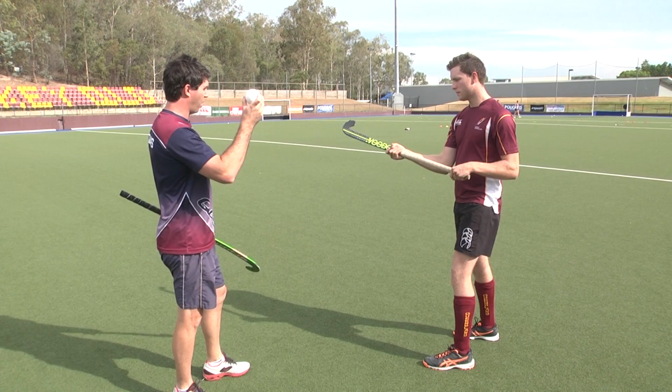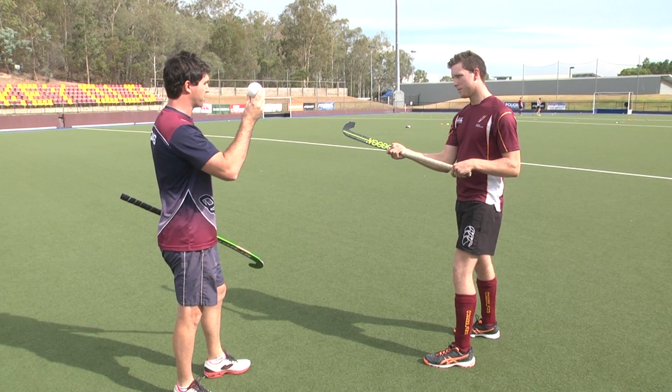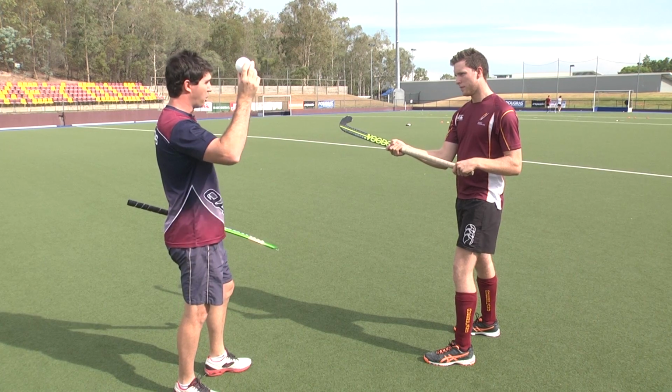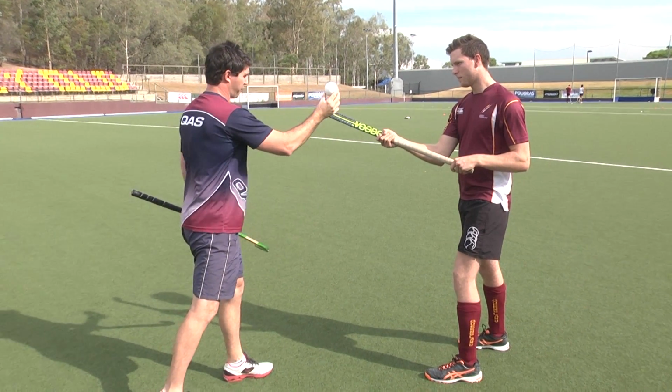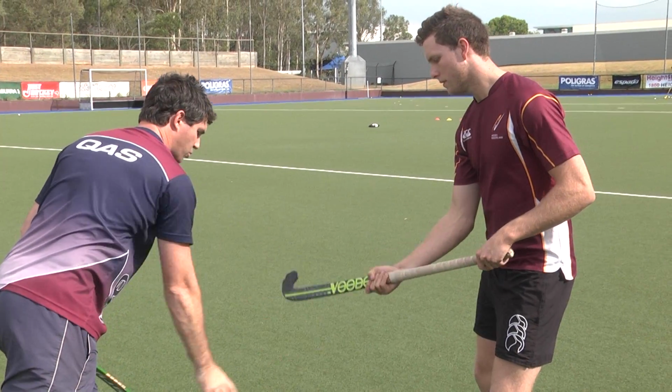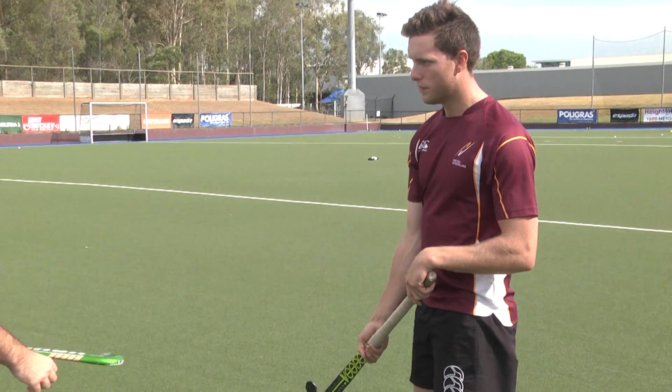Another thing, Blake, which you did quite well first time, is that it's not a stationary stick, so it's not just a square stick where the ball thuds into it. As the ball's coming in, you're picking it up out the front and letting it come back, so it's a nice, soft, gentle receive, so the ball drops dead on the ground